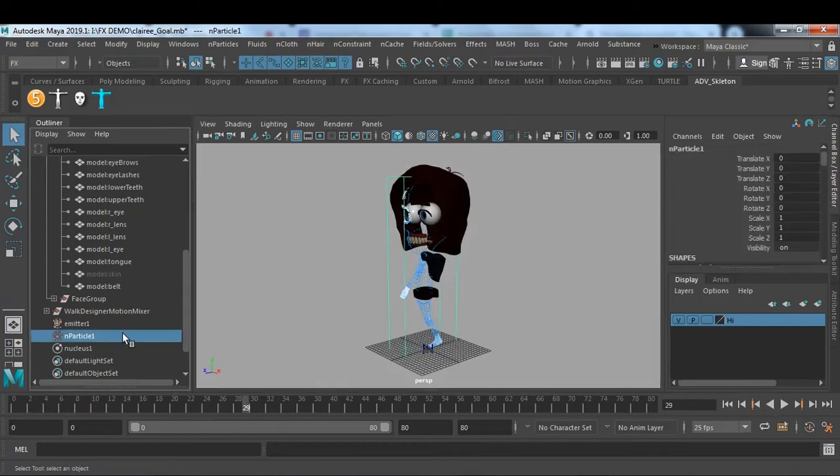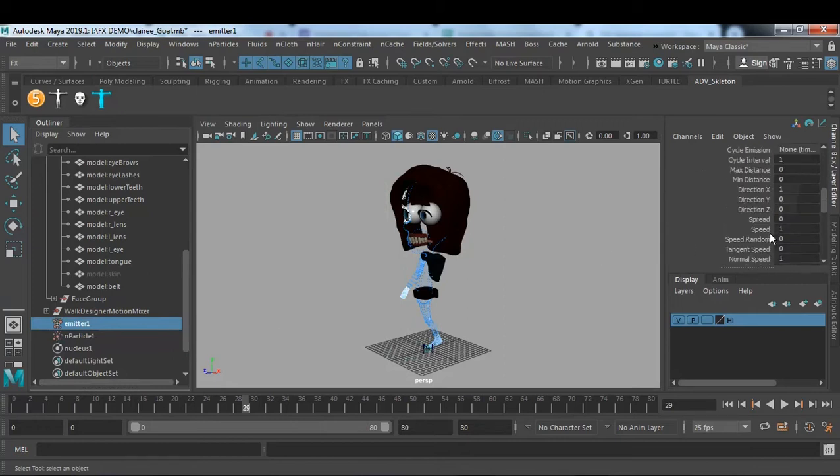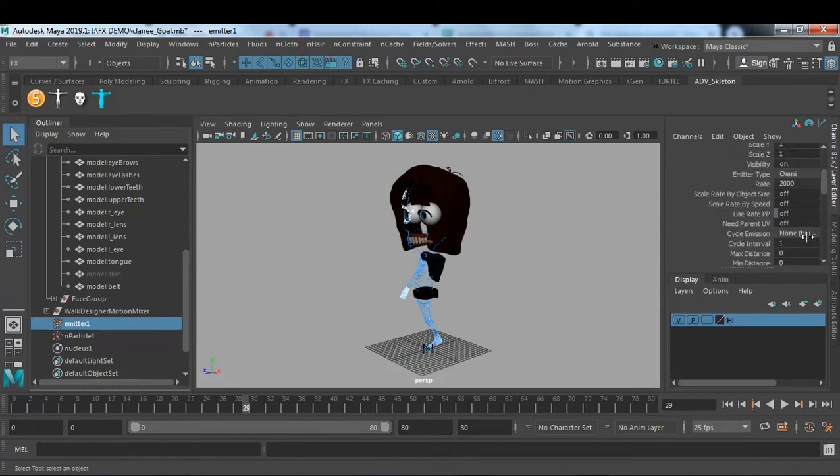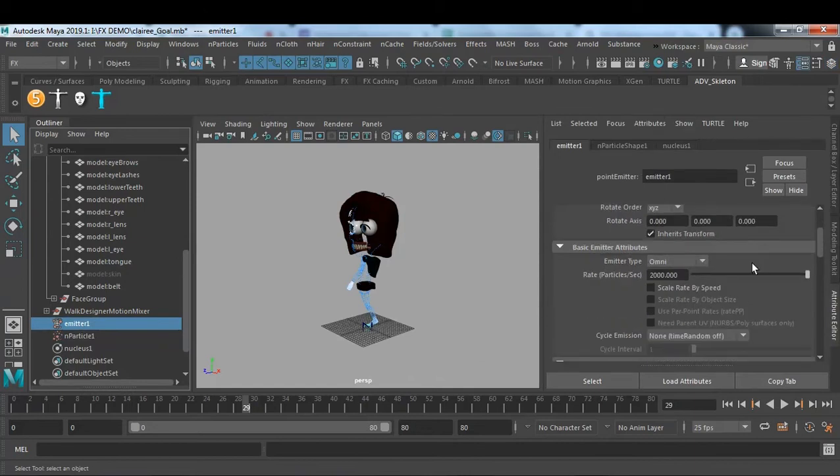So I want to increase the emitter rate from here. If you click on scale rate by object speed, it is definitely going to make the particle system fill faster, but it's important to increase this, so I'm going to increase it to 5000 and see what's happening.